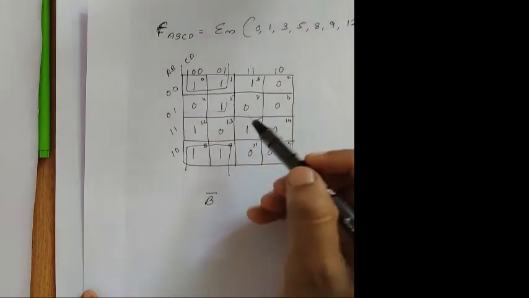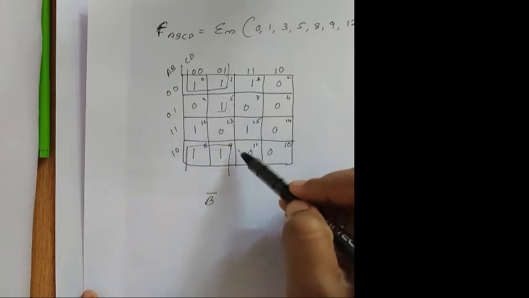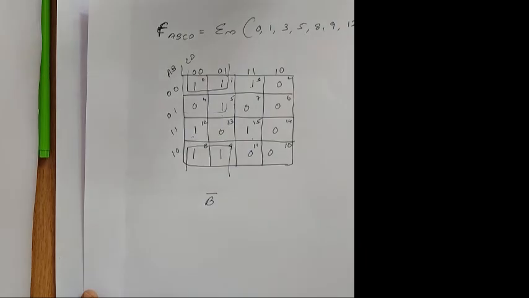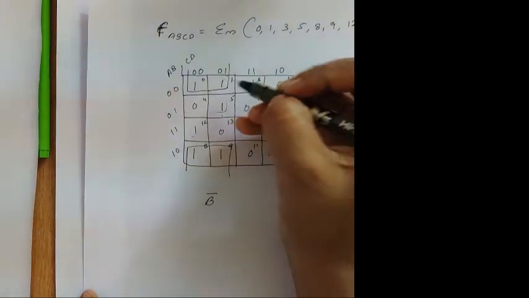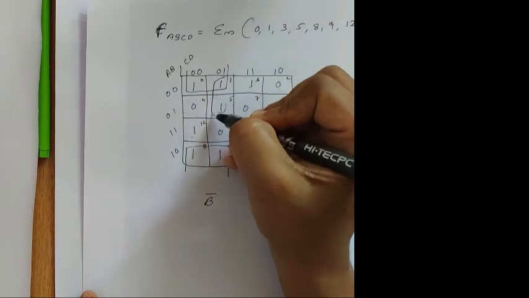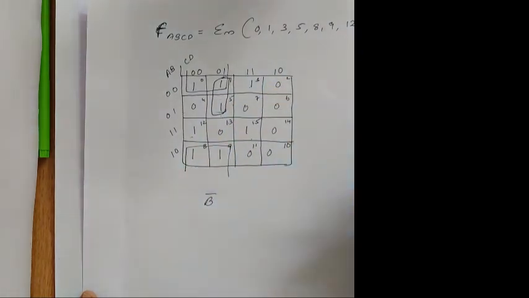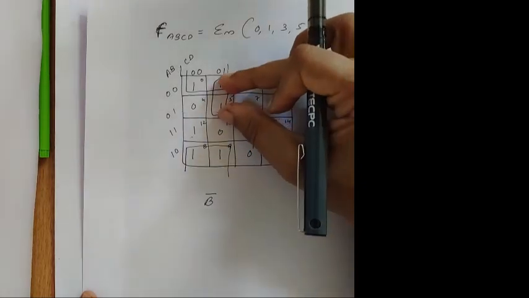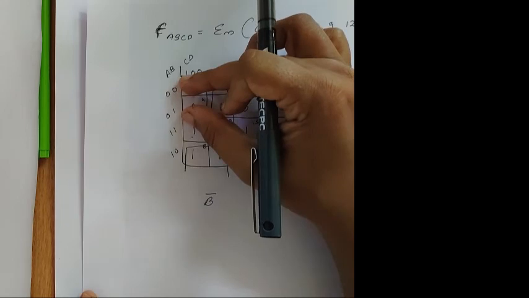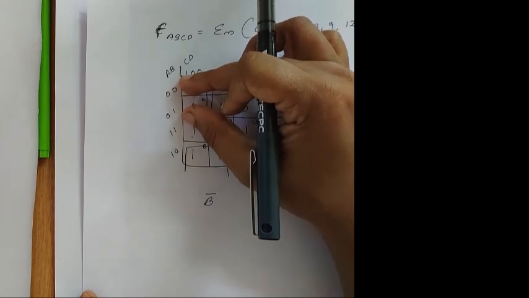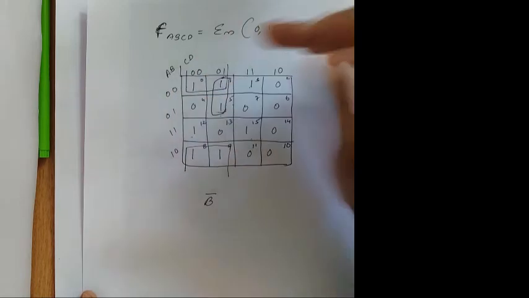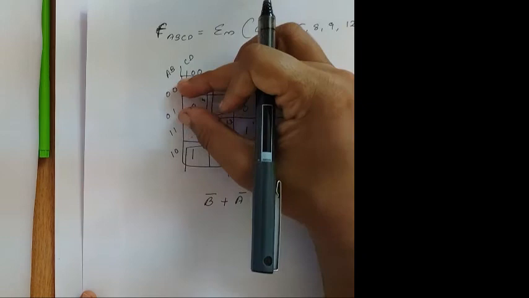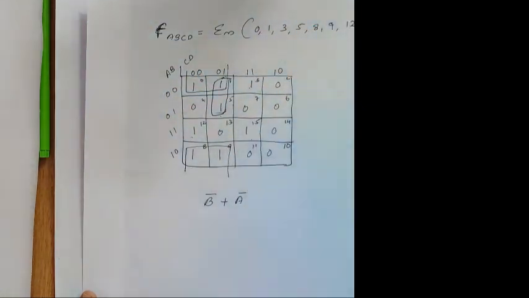Next, again you have to search whether there is any 4-bit grouping. This is here, this is here, here, here, here. So second, I am grouping these two. What will you get? We have to check. This is a 2 row, so you have to check two values over here. A doesn't have any change, it is from 0 to 0. So for the first grouping, you write A bar. B has varied from 0 to 1, so you are not taking that.